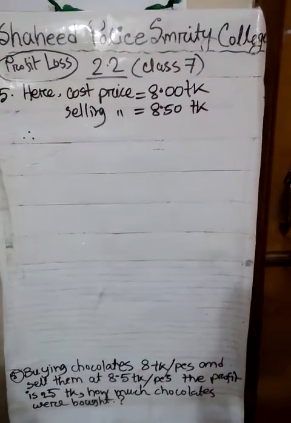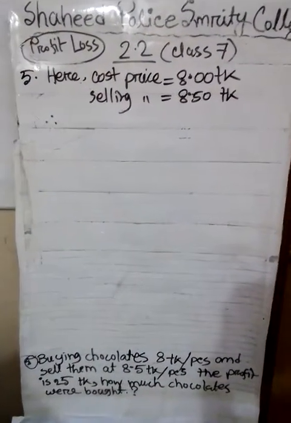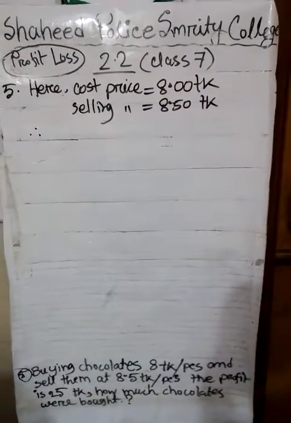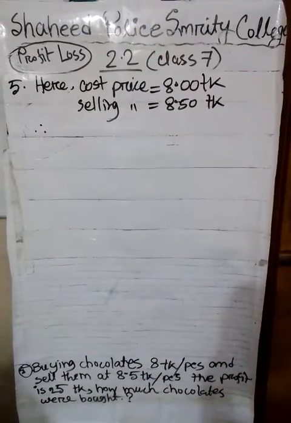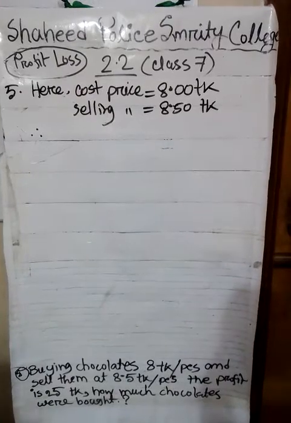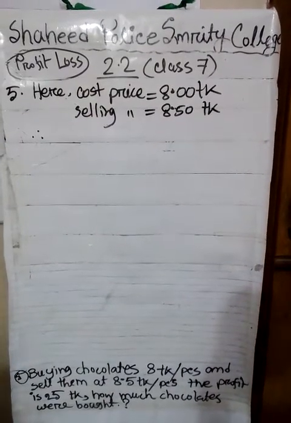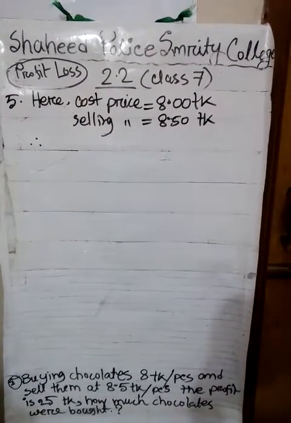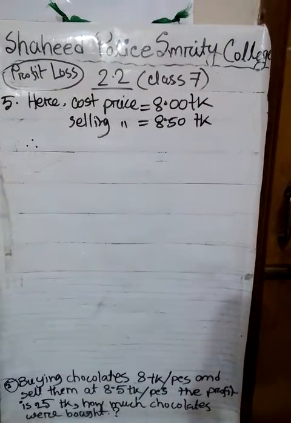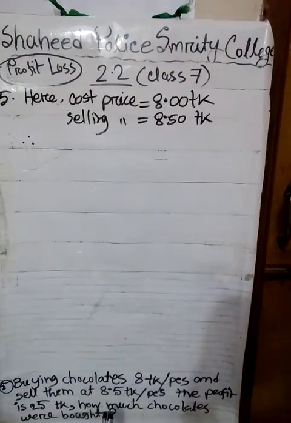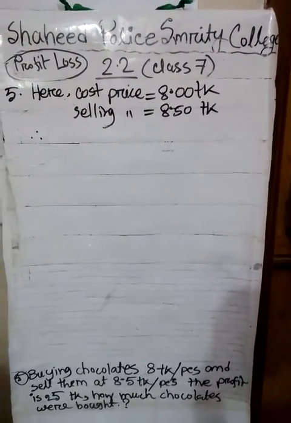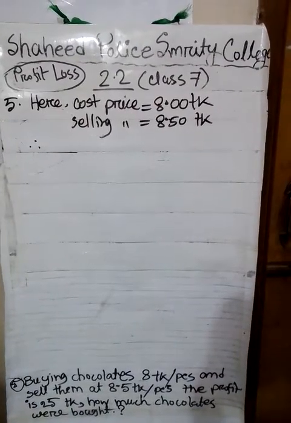Question 5. Buying chocolates at 8 taka per piece and selling them at 8.5 taka per piece. The profit is 25 taka. How many chocolates were bought? So here we can see that the cost price is 8 taka and the selling price is 8.5 taka. As the selling price is more than the cost price,